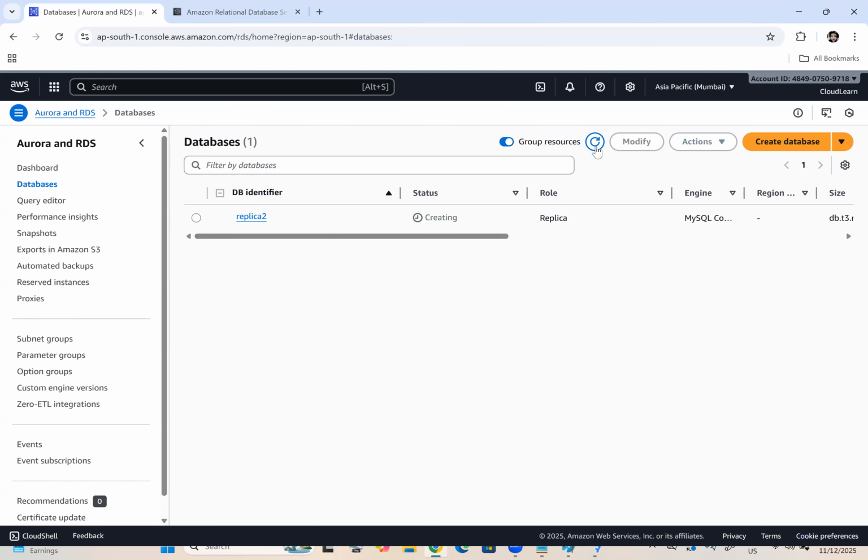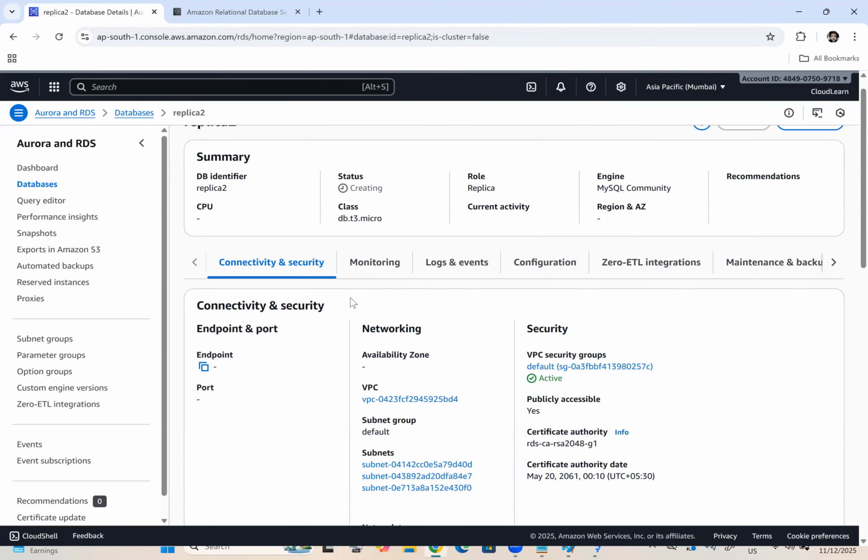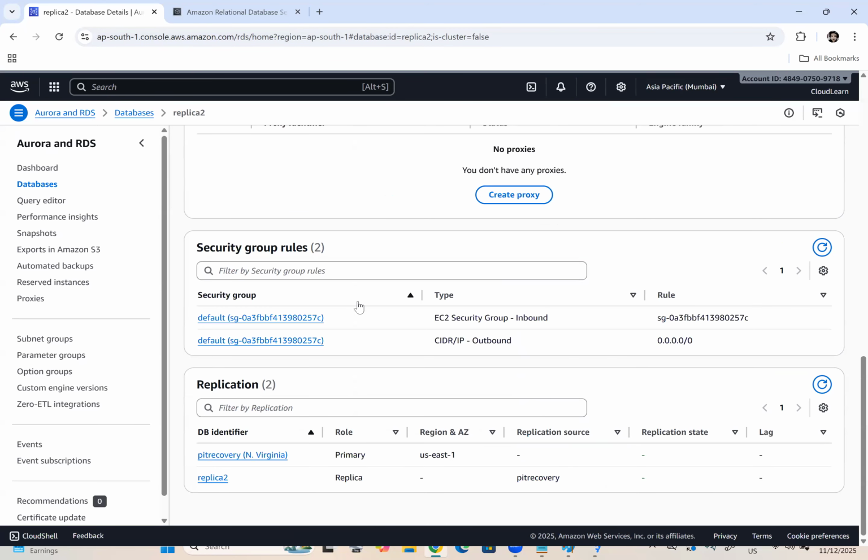Databases, and can you see a replica 2? Just let me do a refresh. But the status is still creating. Replica 2 is getting created in Mumbai. If you click on that, you can see